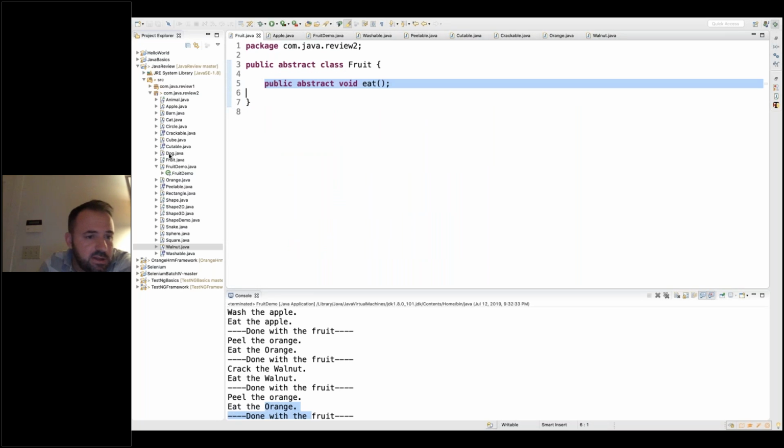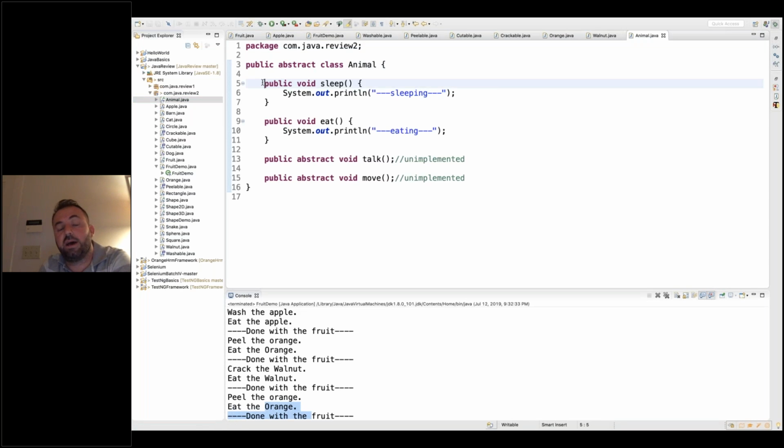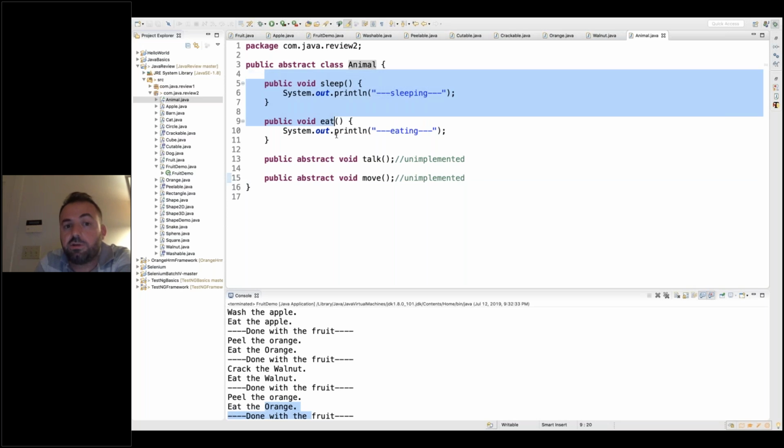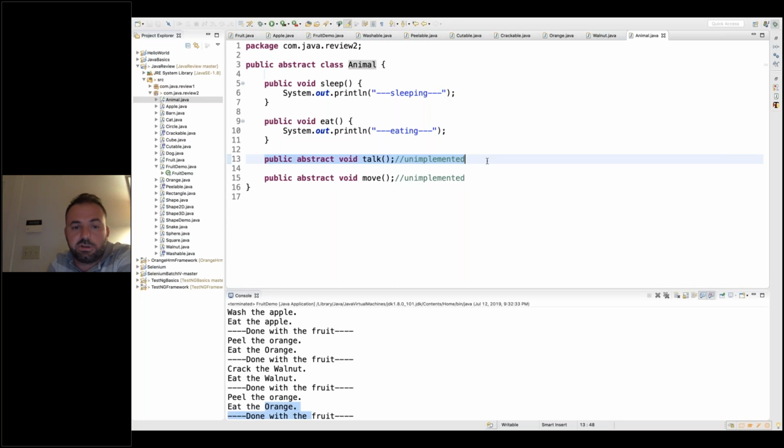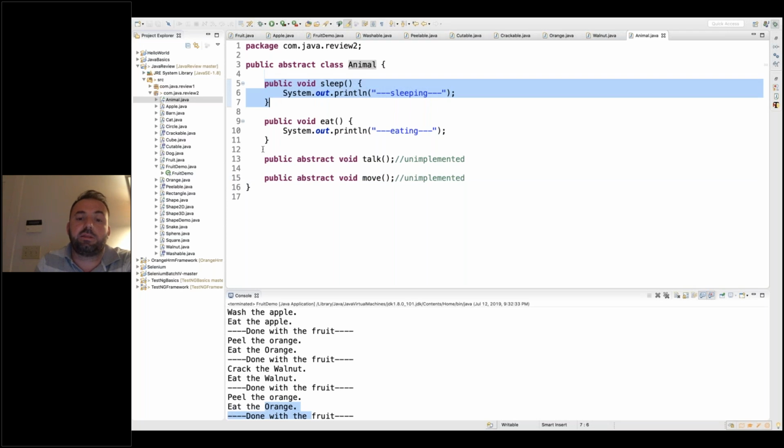abstract class can have, let me go to the other example, the animal example. So this is an abstract class. This one has implemented methods, when we know that this method will be implemented the same for all the classes that are extending this one. And we have unimplemented methods, which we don't know. We just say, okay, if you're going to extend me, if you're going to be an animal, you have to say how you talk and how you move, because I don't know how you move and how you talk. I know that you sleep and you eat. Just close your eyes and sleep, or just move your mouth and eat. But talking is different, because every animal talks and moves in a different way. Okay, so abstract classes can have implemented and unimplemented methods, but